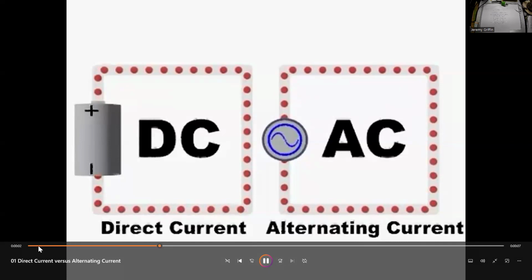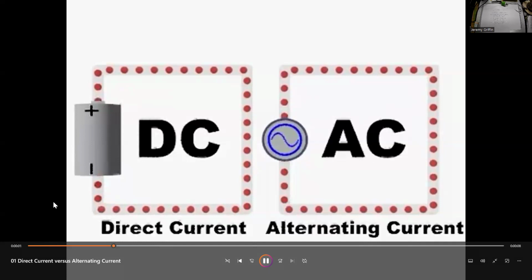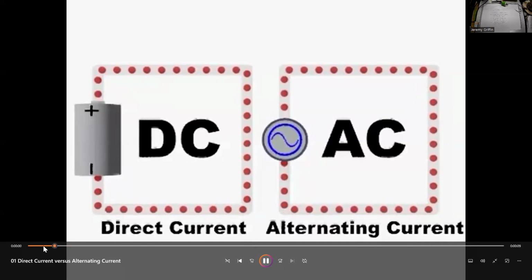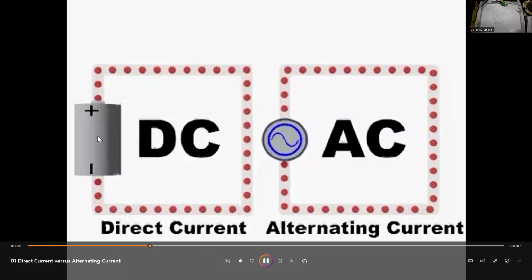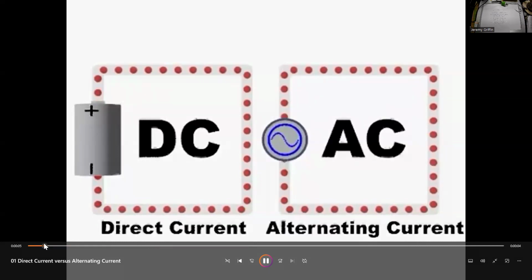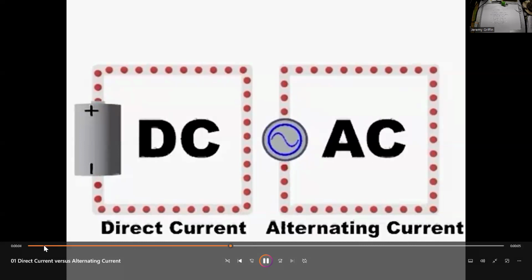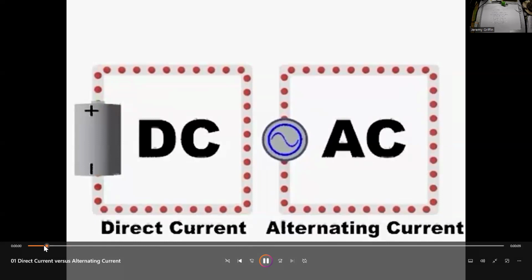Now, if you were to watch electrons flow, do you guys think the electrons actually go from the negative terminal to the positive terminal, right? But guys, look at this animation. Look real close. Do you guys see that the red dots are actually flowing from the positive to the negative side? That's opposite of what the electrons are doing. What's up with that? So the history behind that is, if you go back to like Ben Franklin days, back